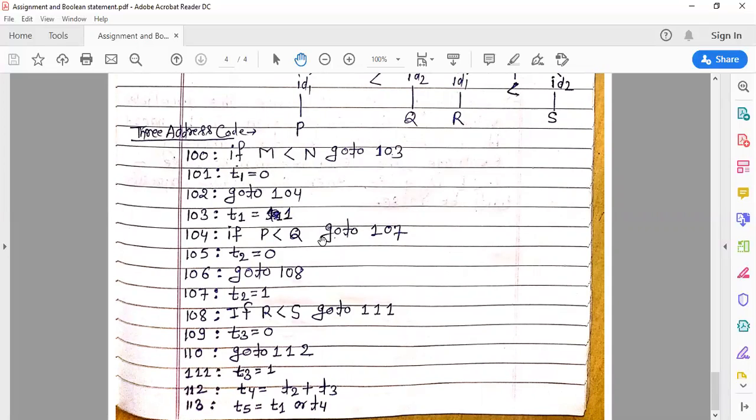Now we will see in the next video lecture other ways of evaluating the Boolean expression without using the temporary variable T1 is equal to 0 or T1 is equal to 1. That is called the short circuit code. So we will see the short circuit code in the next video lecture.